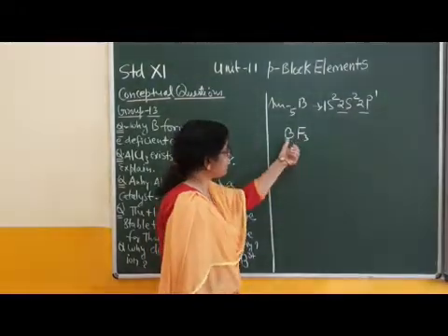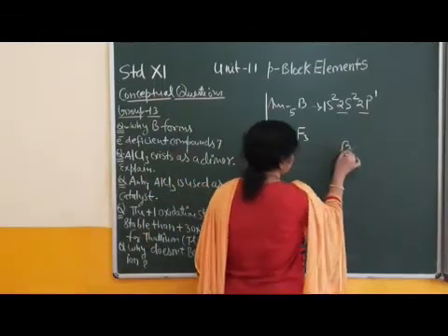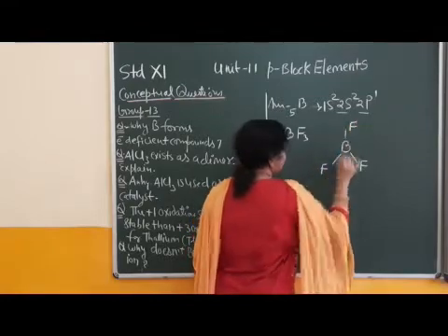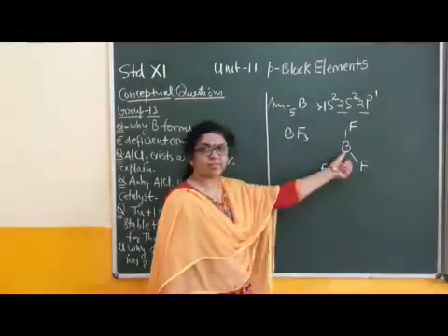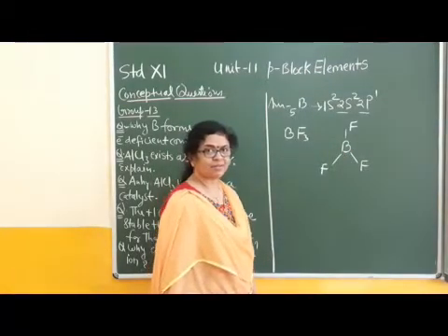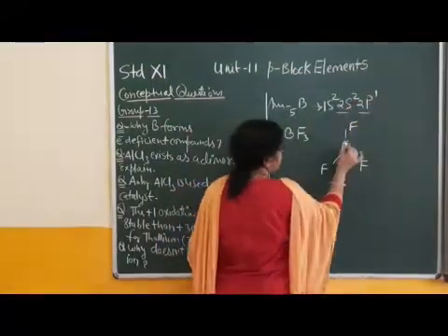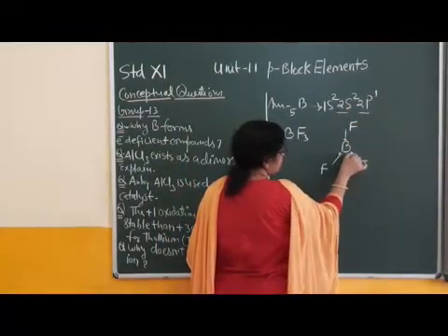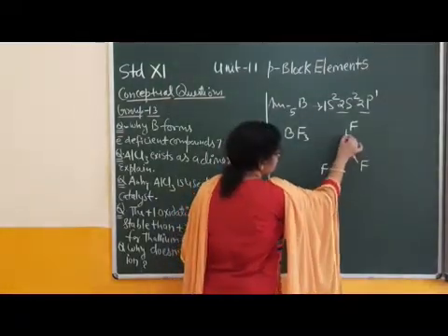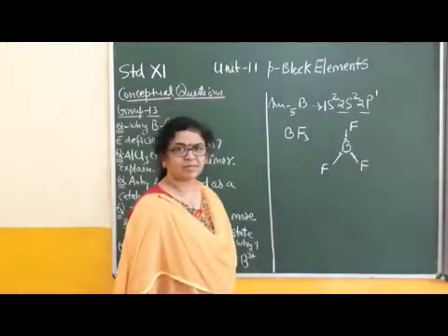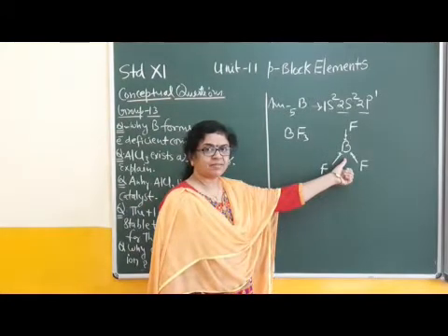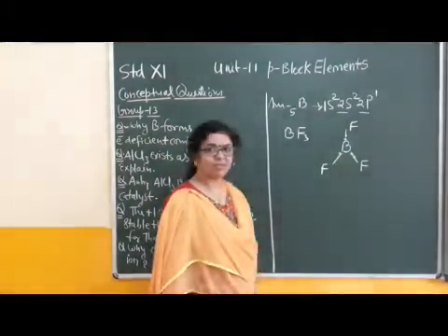Right? 3 fluorine atoms are attached with boron, like this, B and F, 3 fluorine atoms. How many electrons are present around the central atom, which is boron? 6 electrons only. Right? 3 of its own, like this, 1, 2, 3, and one more electron is coming from each of the 3 fluorine atoms. Right? This is an incomplete octet, so the molecule is an electron deficient molecule.